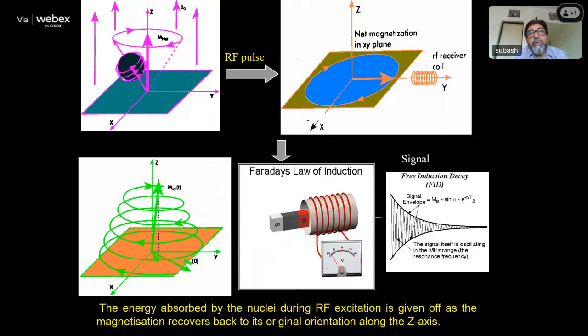Now the question is, the FID, this free induction decay, whether you take a sample from the brain or from the toe, it is going to be the same. So how do we distinguish different parts of the body or within the organ? Suppose we are talking of brain. How do we distinguish different areas in the brain through MRI imaging? So it's a problem of spatial localization. So what we do,